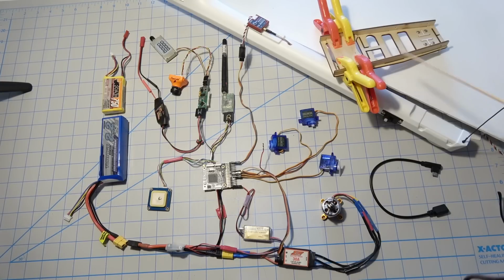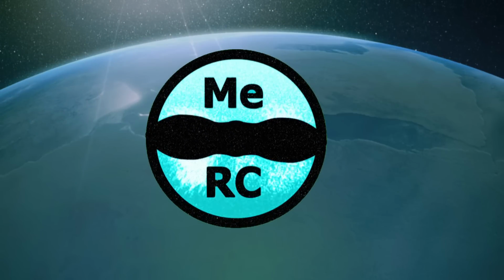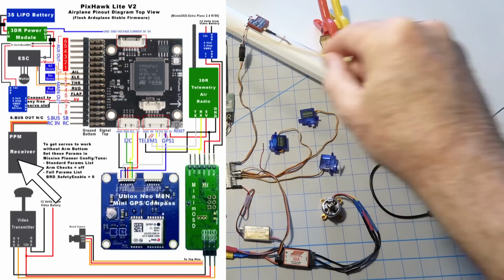While I'm waiting for the glue on the tray for the Ranger 2000 to dry, I thought I'd just go over this wiring layout for the PixHawk Lite. So stay tuned. This is MinimOSD. So let's start up here at 12 o'clock and then we'll just go around in a circle and explain what